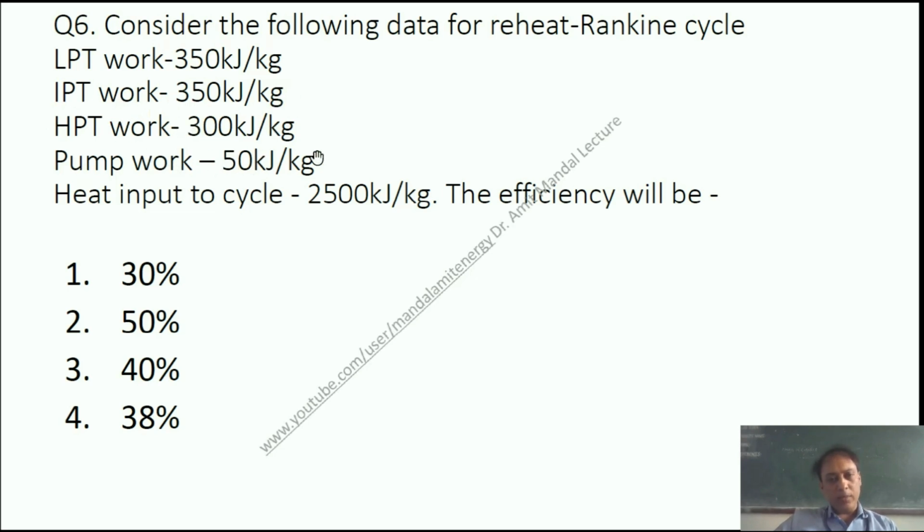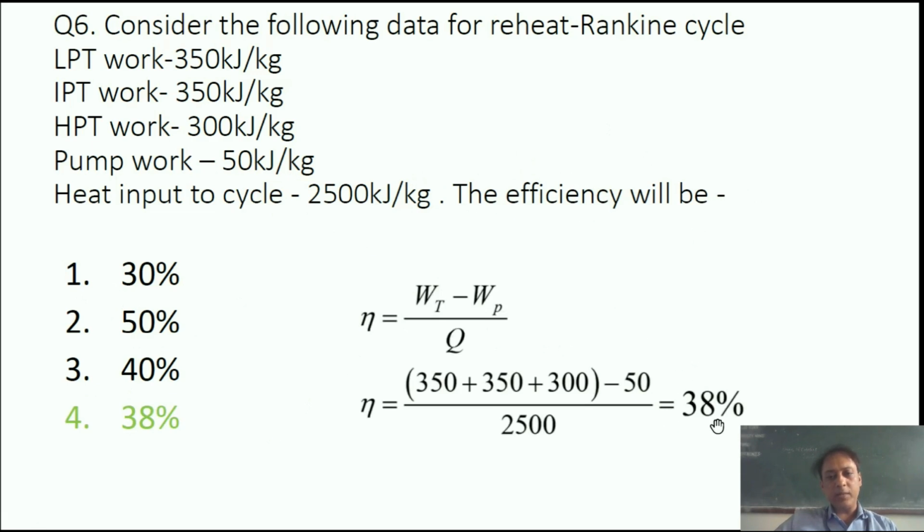The pump work is 50 kJ per kg, and net heat input to the cycle is 2500 kJ per kg. What is the efficiency out of these? Can you calculate? The answer is 38%. How? For Rankine cycle, the efficiency is given by total turbine work minus total pump work upon the total